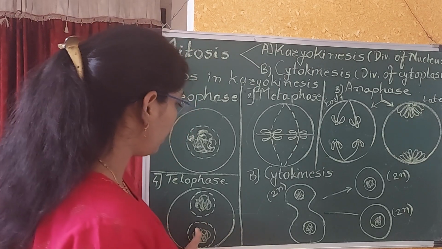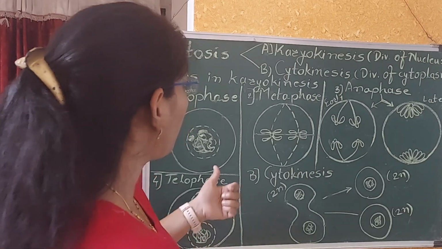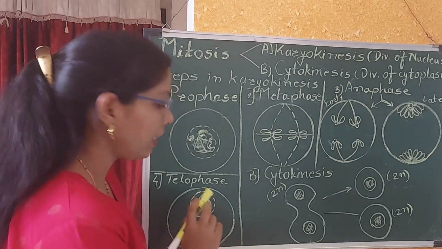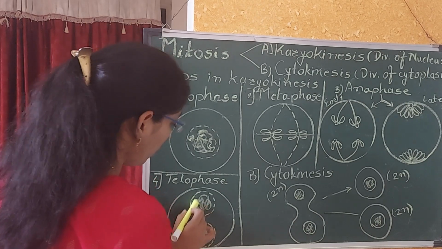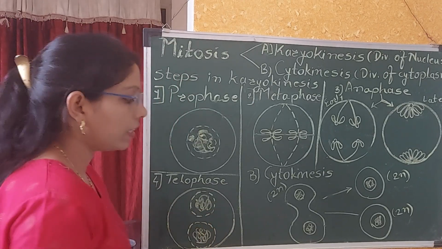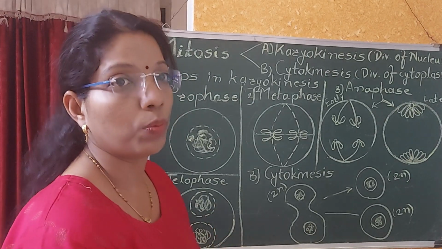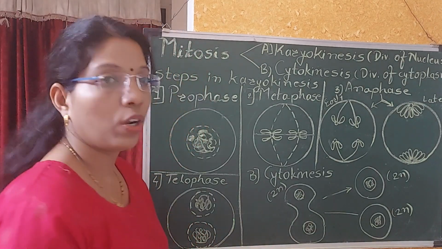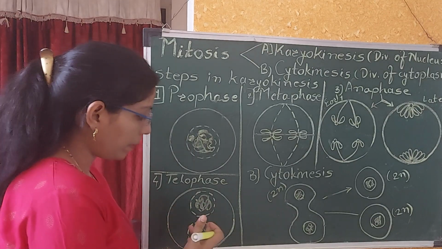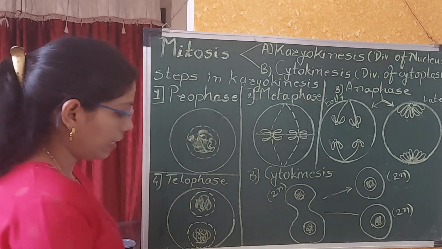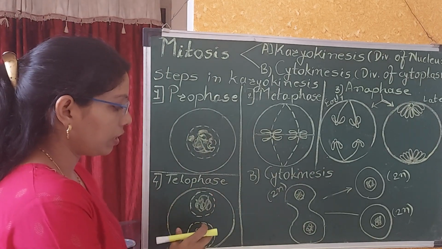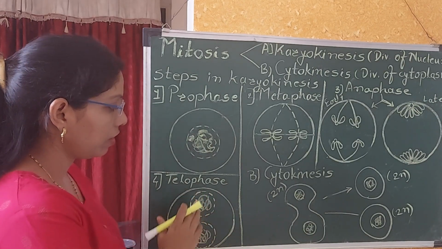And what happens in telophase now? You have to write somewhat opposite of prophase. Decondensation of the chromatin material takes place. There is a formation of the nucleolus. Reappearance of the nuclear membrane takes place, and in this stage a network-like structure of the chromosomes forms, and they are not clearly visible in telophase. Now two separate nuclei are formed, and their nuclear membrane starts to reappear. In this way, the division of the nucleus, that is karyokinesis, is completed in telophase.